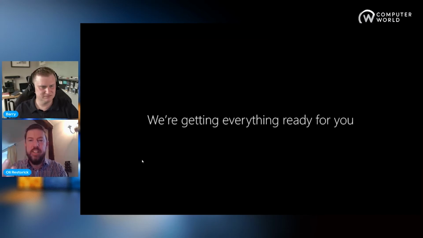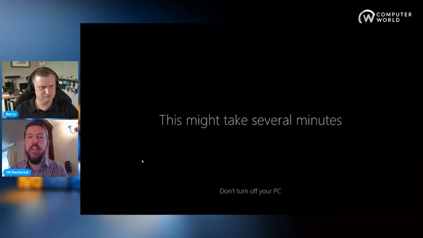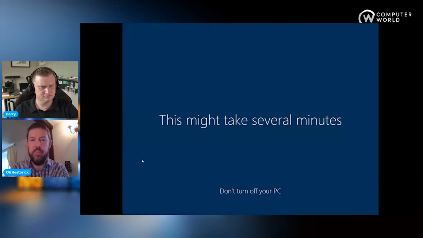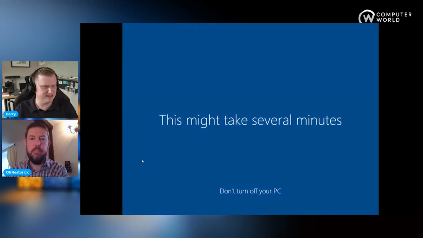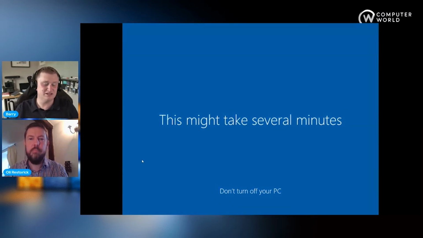Yeah, absolutely. So this ESP page, we're going to see it again in a second. This is actually optional. You could bypass the ESP, but I probably wouldn't recommend it. You're probably going to want the user to get their hands on the device when it's good and ready, and when everything's in place. We're seeing the initial few screens here that we're just getting your PC ready for you. Anyone that's done a brand new PC unboxing will be very familiar with this. This is where the